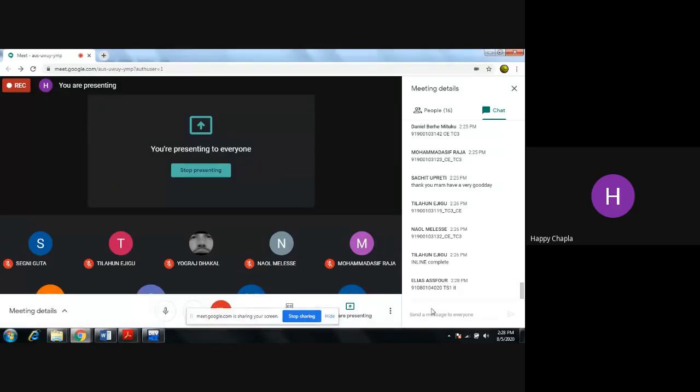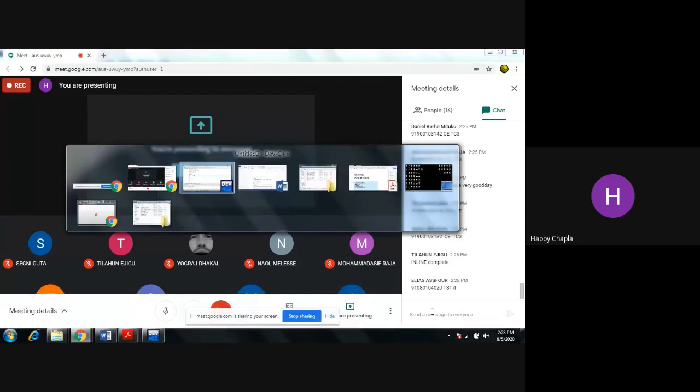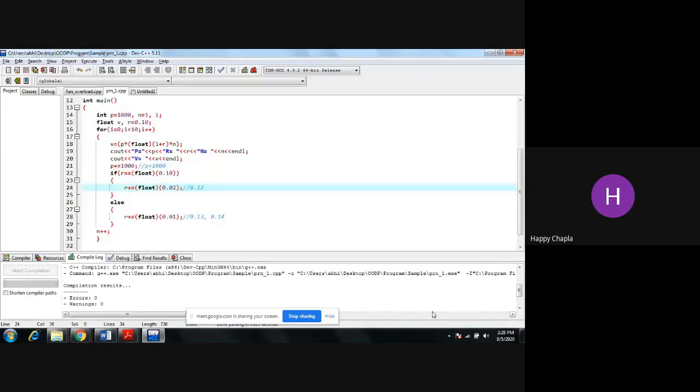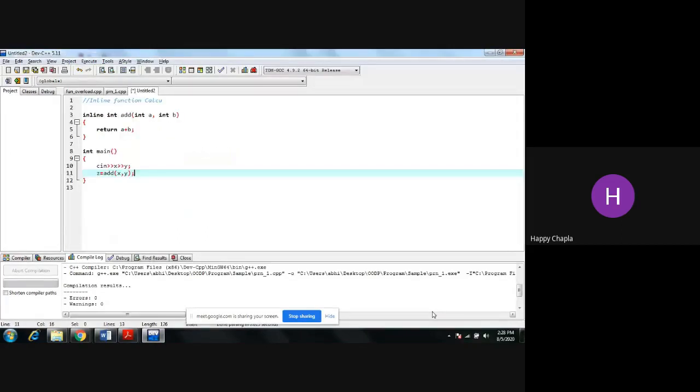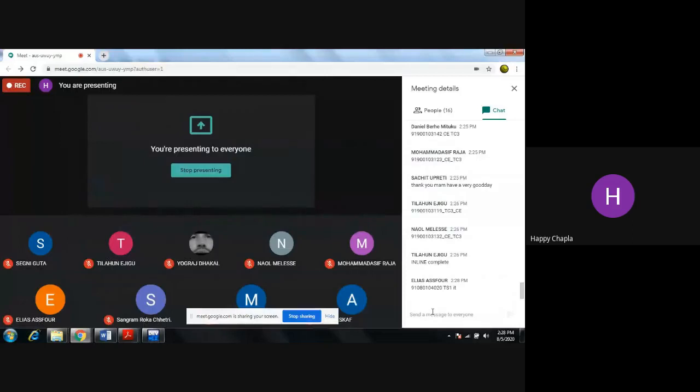In the next lecture, first of all, I'll check the 2 questions of every student and then we will start with the new question. The first one is the first question, and the second question is the inline function, design one calculator using inline. First I'll check those 2 questions of every student and then we'll move further with questions 12 and 13. So keep in mind that you must be ready with those 2 questions.